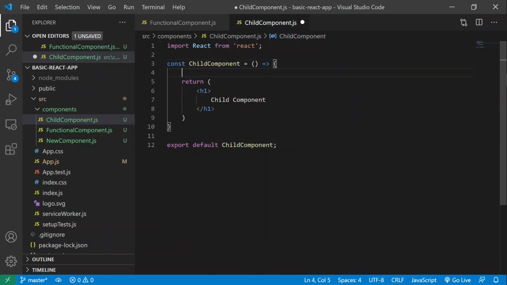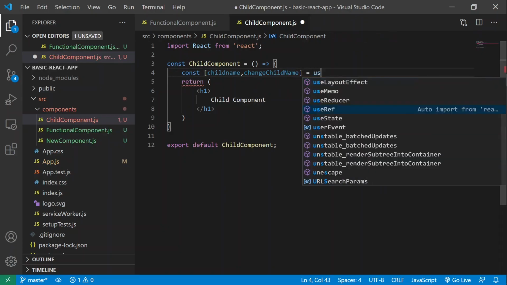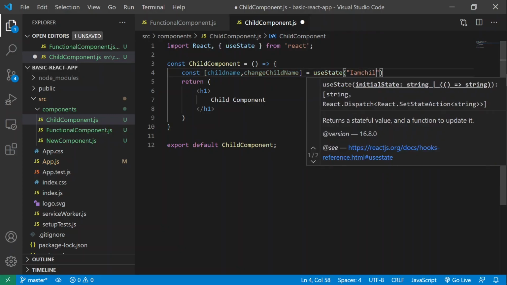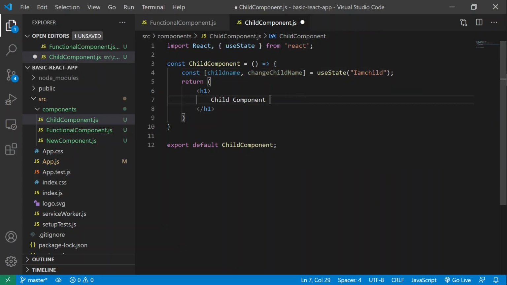We'll create a variable as well, const childName, setChildName, useState, "I am child". So we will display this variable as well.